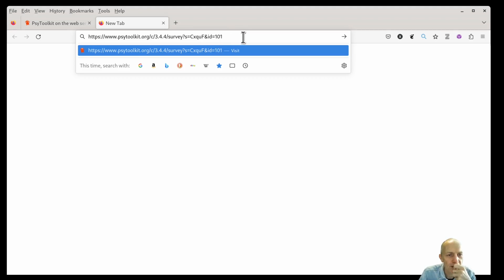So if we look at this here for a moment, you see we have the URL. You need to have this. The first parameter is s equals, and then you have a sort of code. That is the code of the survey that is specific to PsyToolkit, and then we have the and sign, the ampersand, that separates it from another parameter, ID equals 101. Don't use spaces there, that's not allowed. If you use this, if we run this,